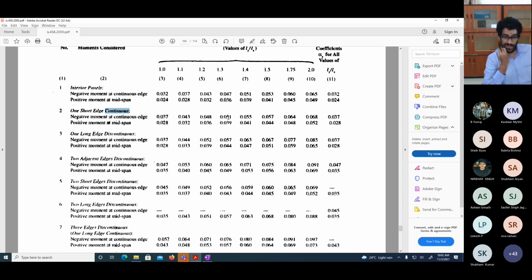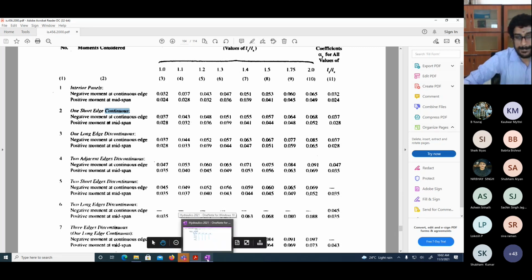Your choice. Do you want to interpolate or do you want to do the conservative one? No need to interpolate, sir. Conservative one. Fine. Okay, then release the conservative one. No issue. So fine. So this I told you. This is the conservative one.